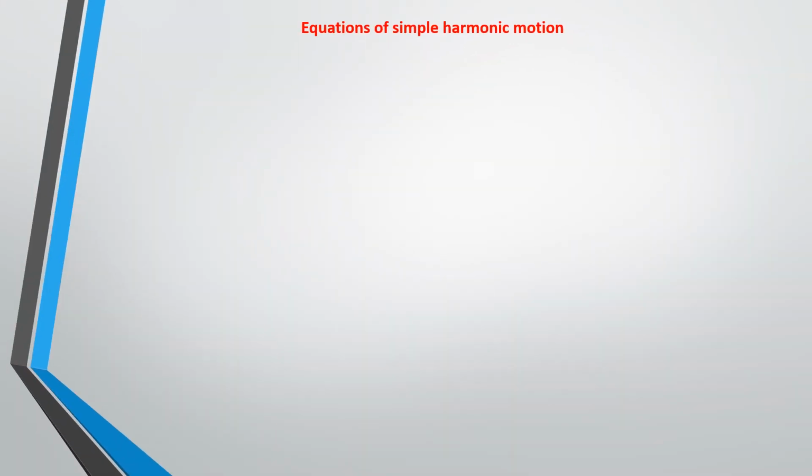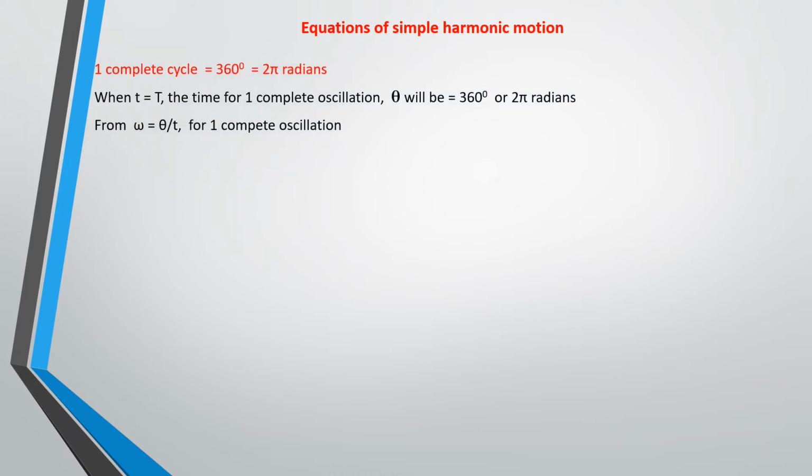Okay, so we're looking at equations of simple harmonic motion. We have already discussed the one for period and frequency. So we'll be looking at another equation for when you have angular velocity. So we'll look at the relationship between angular velocity and the period and then the frequency. Okay, so when your time t is equal to the period, the time for one complete oscillation,